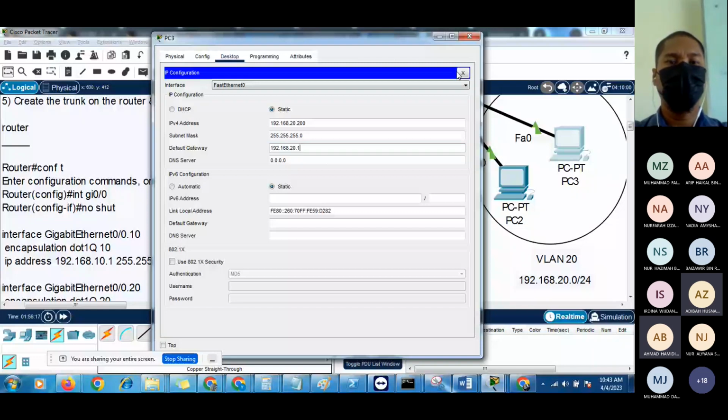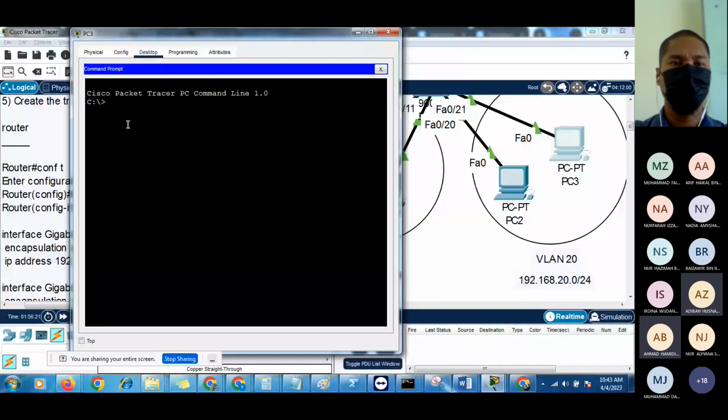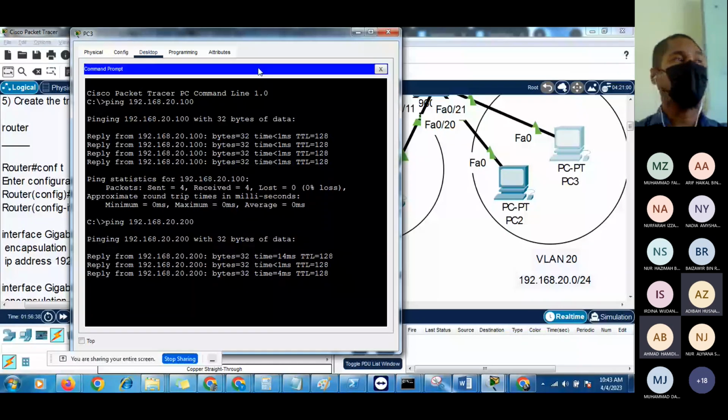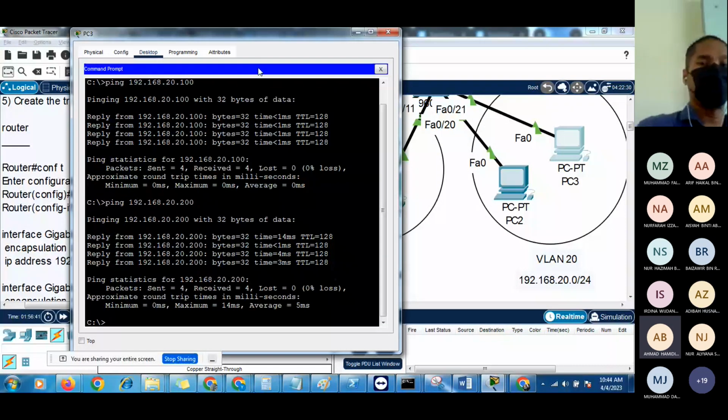All right, so try to ping your neighbor. So currently I'm in 200, so I ping 192.168.20.100. Okay. And I receive a reply, and then I should be able to ping myself. So you are now in VLAN 20. So this is again a moment of truth. A moment of truth. So from VLAN 20,